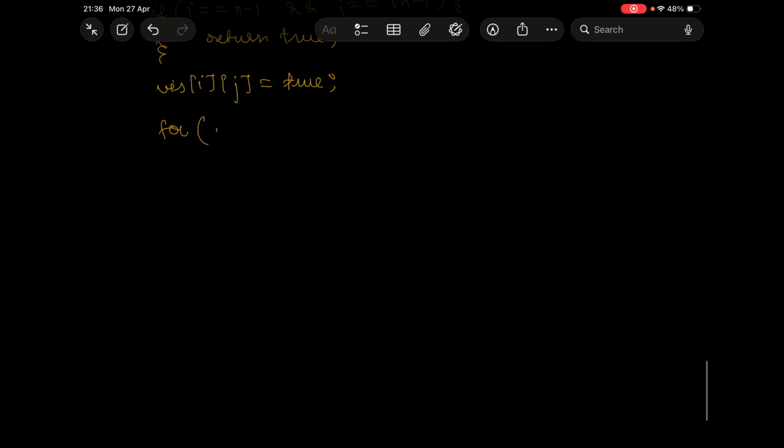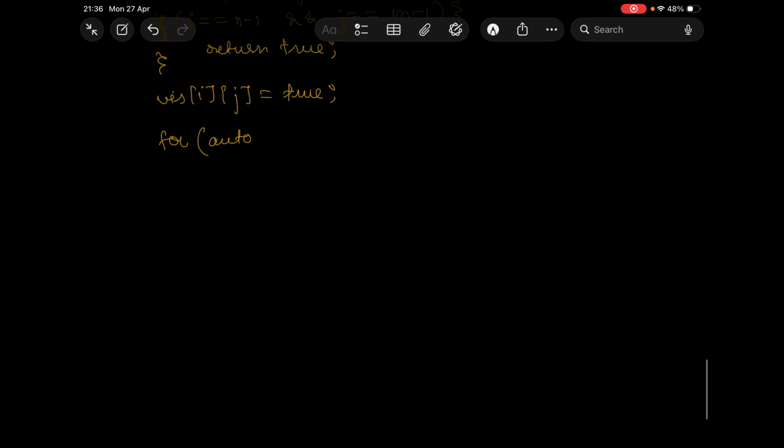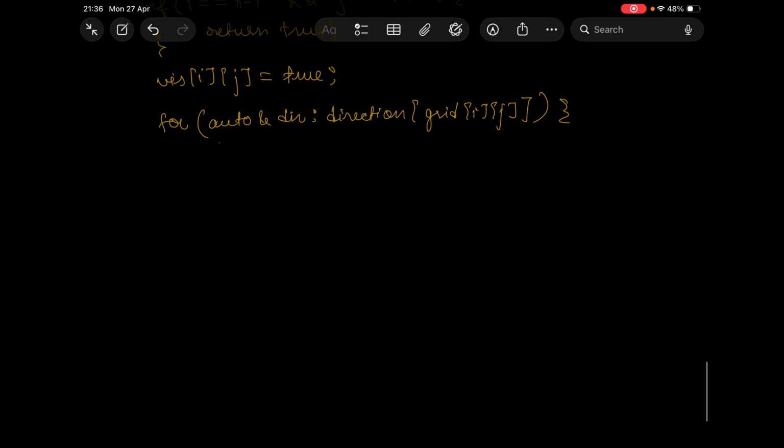Okay, so what all directions we can go from this particular cell has been mentioned here. So I can write something like auto direction of directions of grid of i j. Okay, so this will give me all the directions where I can go from this particular cell. Then we will calculate the next i value would be i plus direction of 0, and next j would be j plus direction of 1,